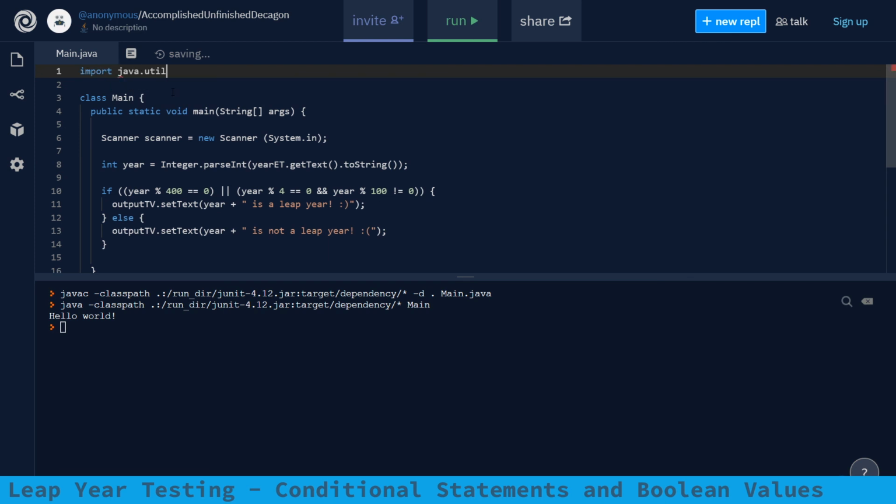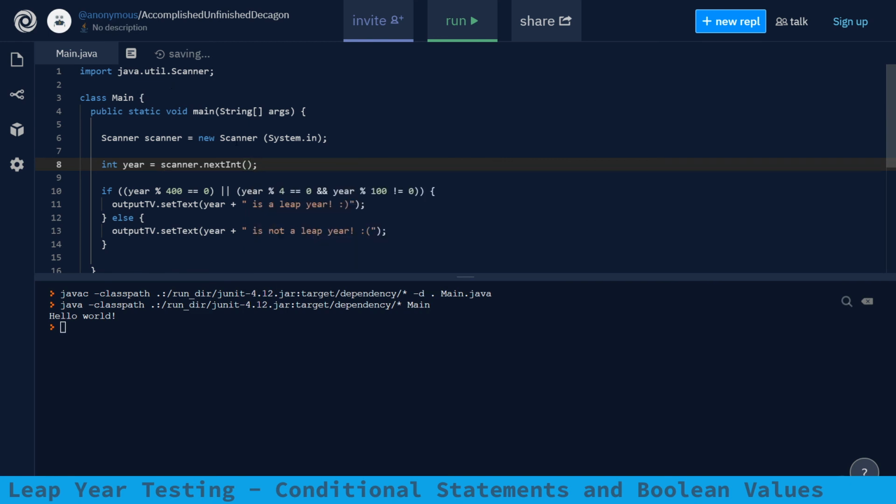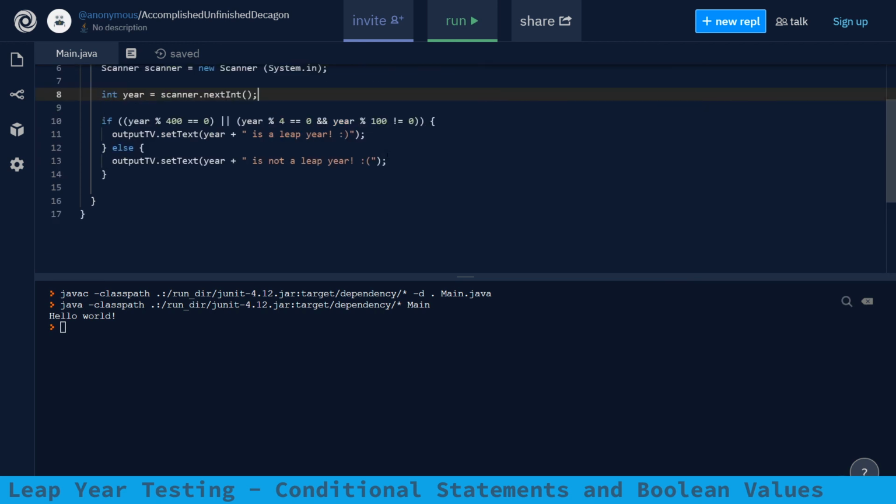Import java.util.Scanner at the very top above the class. That way it's available here. Okay, so we're going to use this scanner right here. So instead we're going to say scanner.nextInt. Now, if you're writing a more complicated program, there's a bunch of validation and error checking to do, but as long as you use this and behave yourself, just type in a number and press enter, this will work fine. So the year has been captured in this integer, and now instead of output.setText, we're going to say